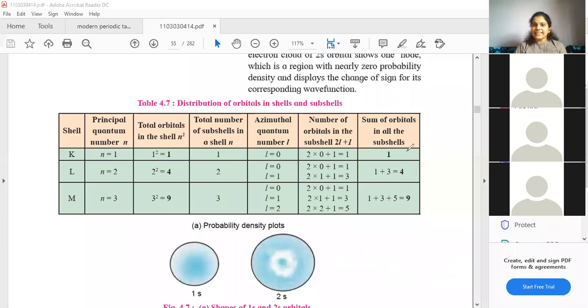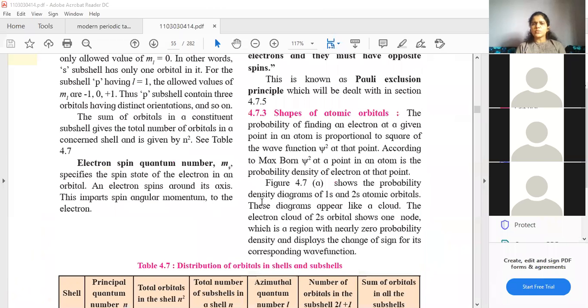And this last column determines how we obtain this. So students, for the K shell, we have only the s subshell, so one orbital. For L, we have s and p. So s is 1 and inside p there are 3. So 1 plus 3, 4. Again, this is something I already explained. For M, we have s, p, d. So s is 1, p is 3, d is 5. That is going to give me 9. So this was it, students.